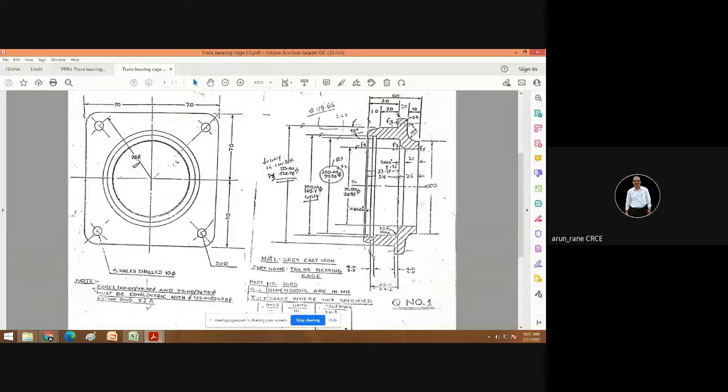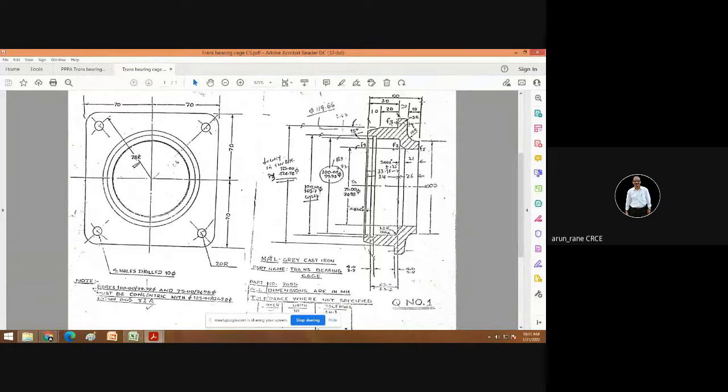So I repeat, pi by 4 into bracket 10 square minus this bore 7.5 square into length.